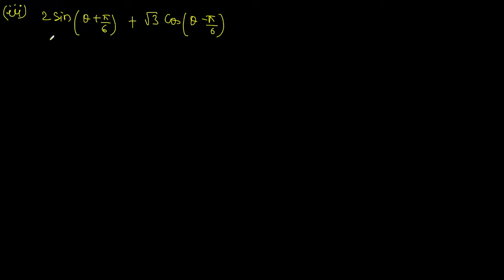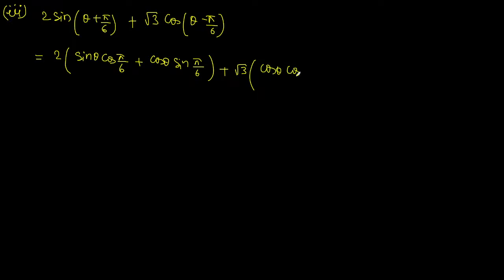If we expand this, it is 2 sin theta cos pi by 6 plus cos theta sin pi by 6, plus root 3 cos theta cos pi by 6 plus sin theta sin pi by 6,